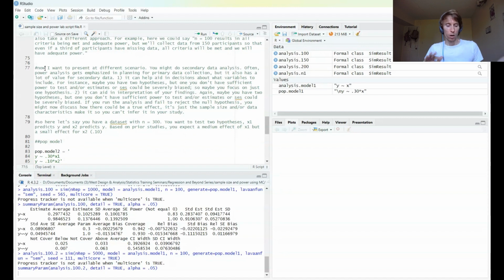Now, what I want to turn to briefly next is that you can also do this process with secondary data analysis, though it's not as common, at least in my personal experience. So it could be different, but generally speaking, we often don't think about it because often with secondary data analysis, the sample size might be fixed, right? But